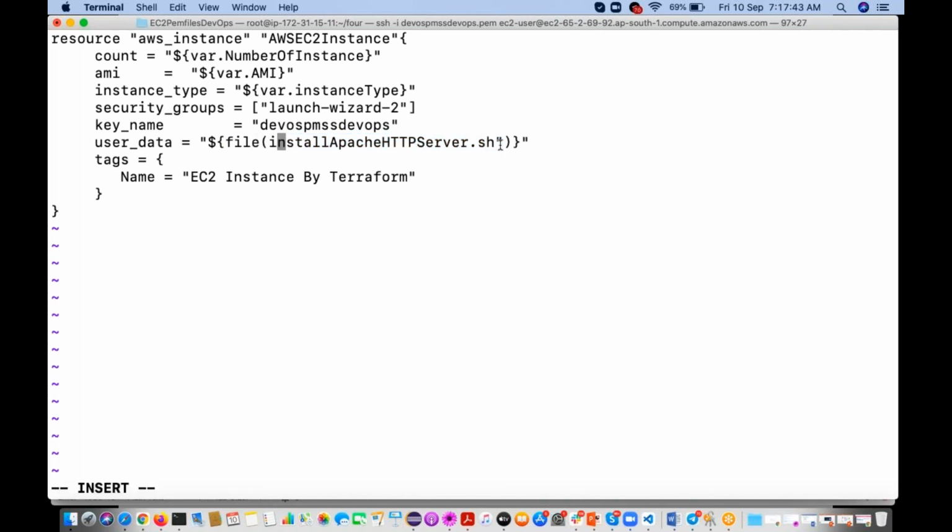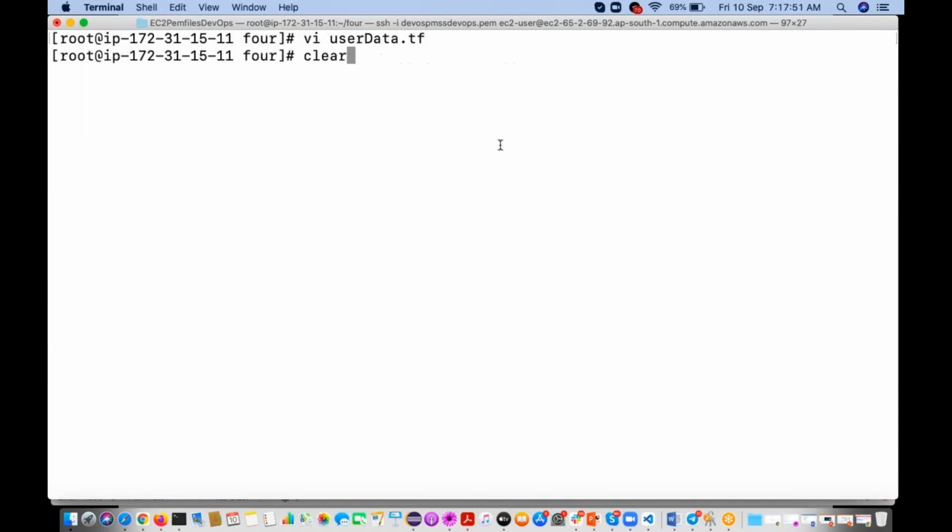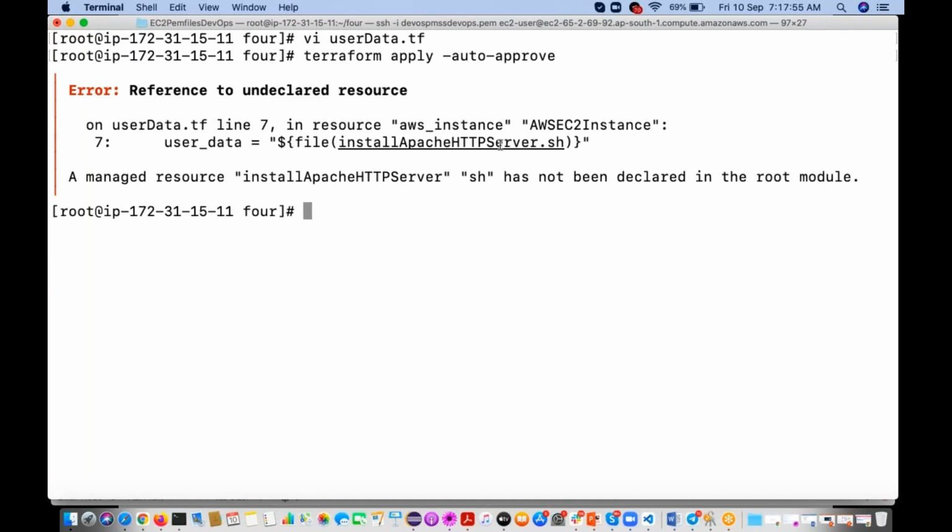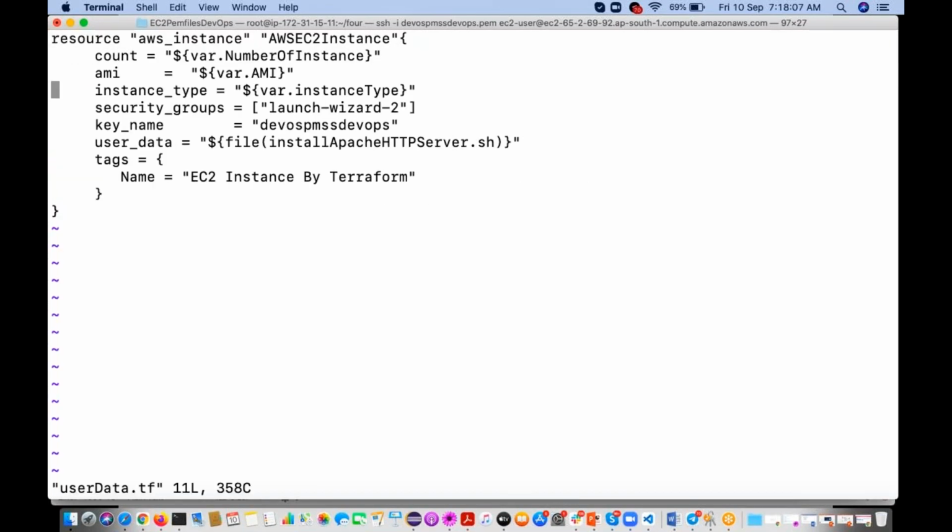Let me remove this. It's saying now a managed resource has not been declared in the root module. So you have to keep that one. Dot asset dot represents the directory name, the modules we are going to use.